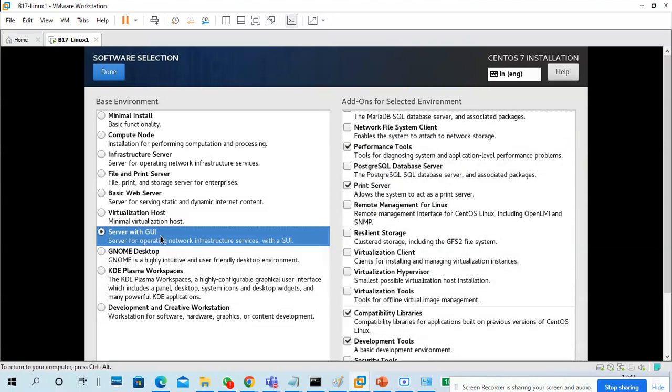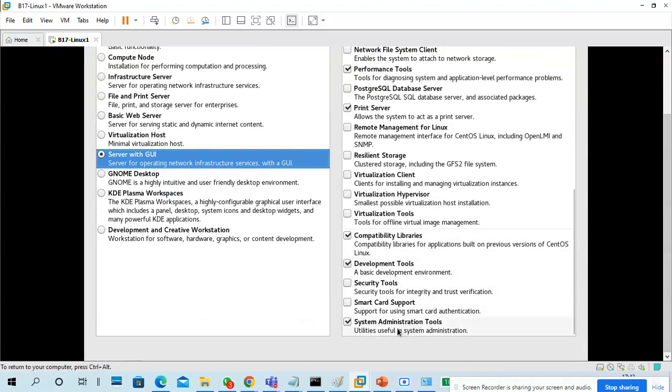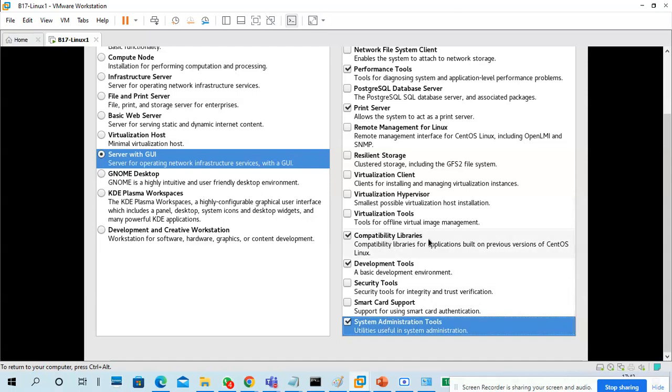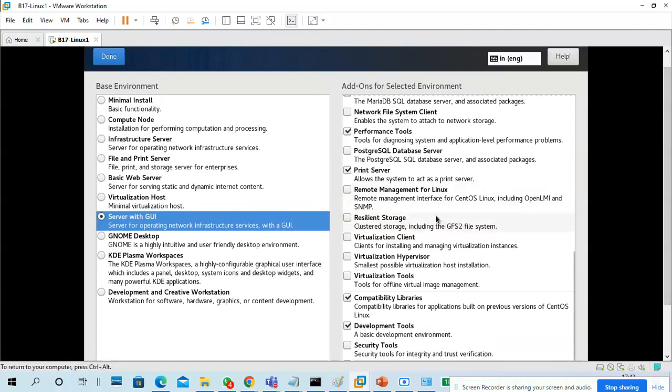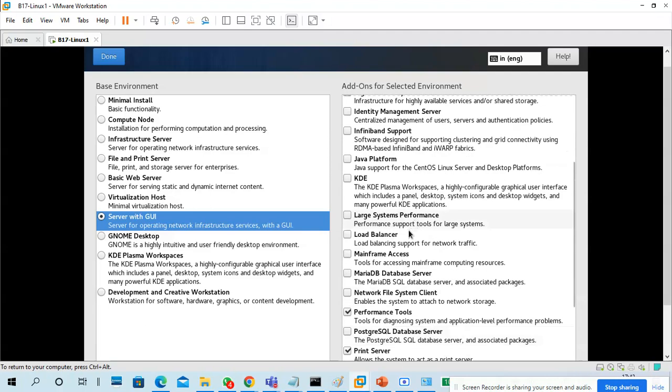Left side server with GUI, right side a few things. System administrative tools I selected, development tools, compatibility libraries. So don't forget compatibility libraries. Okay, this is very important. Compatibility libraries. Okay, print server, performance tools.